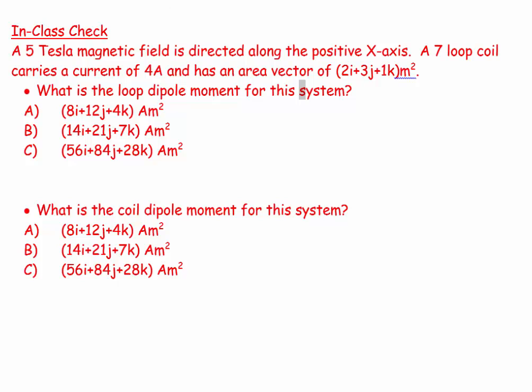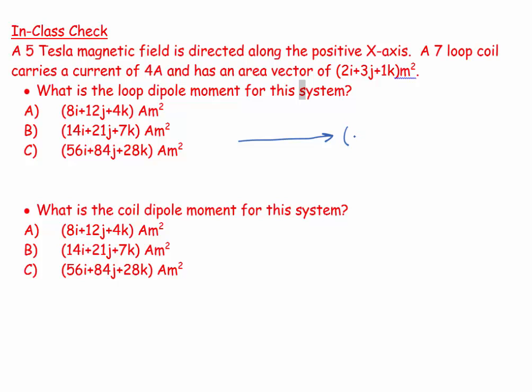Welcome. This question says a 5 Tesla magnetic field is directed along the positive x-axis. The 7-loop coil carries a current of 4 amp and has an area vector of 2I plus 3J plus 1K square meters. And then there's two bits, and the first bit is what is the loop dipole moment for this system. So let's first of all visualize, and we have a 5 Tesla field which is pointing along the positive